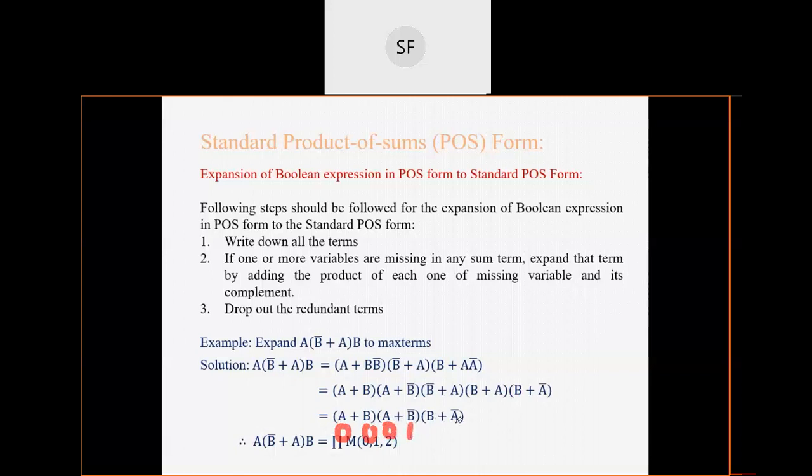Now here observe, A term is taken as first, okay. So now here A term is taken first, so this becomes 1 and 0. Here it is written in reverse, right, B plus A bar, so you have to write A first. Okay, so likewise you have to collect these terms and finally you get the product of max terms equals 0, 1, 2. So three max terms are present.